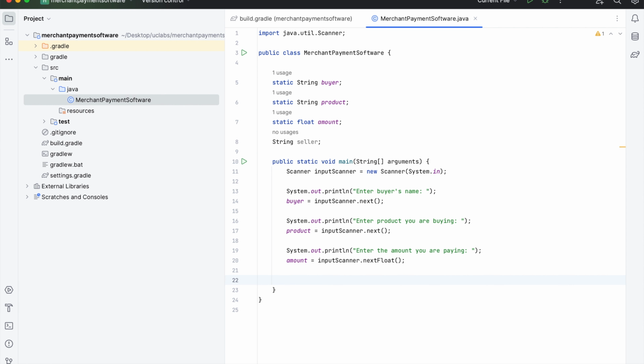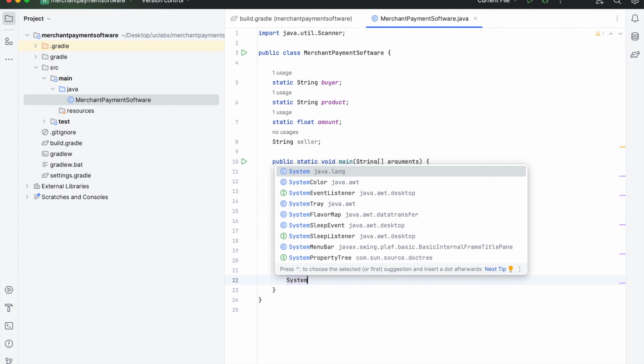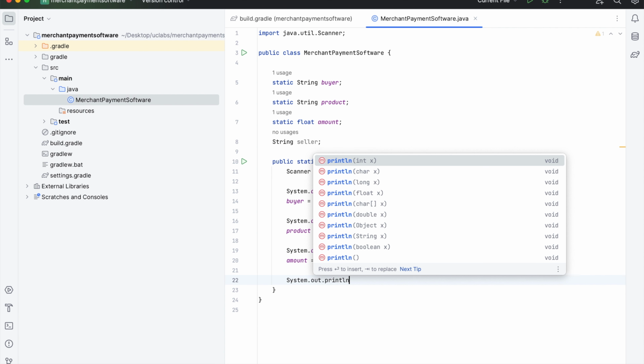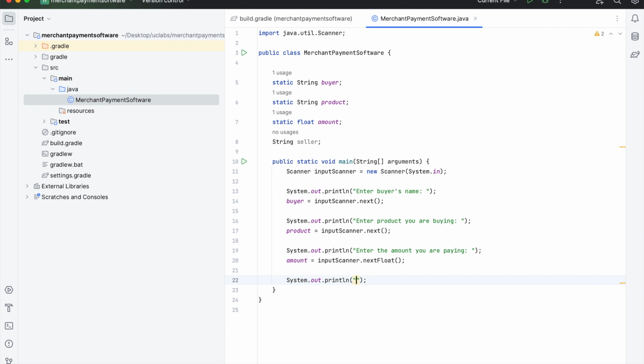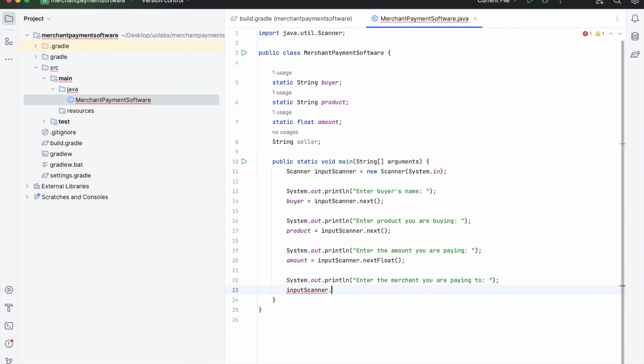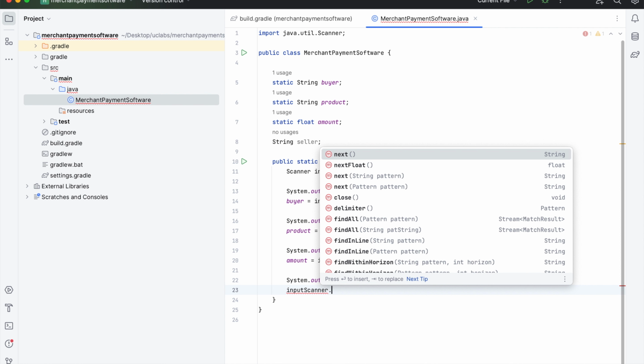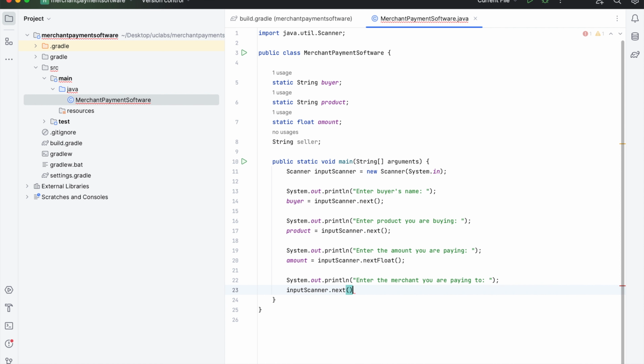And the last information that the software will ask for is who am I paying this amount. System.out.println, and the software will ask, enter the merchant you are paying to. Okay, so now you will type in something, so the software will extract that using input scanner dot next, because this is a string value, and this needs to be assigned to seller that we defined at line number 8